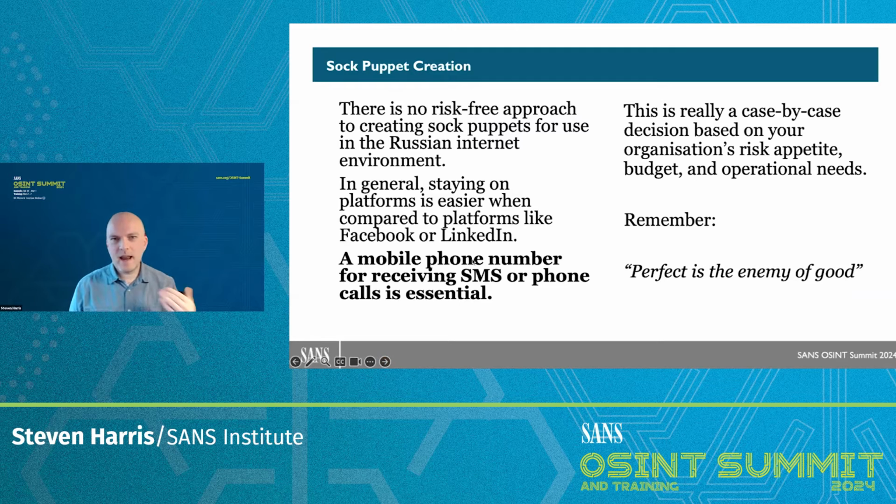So even if we can connect to the internet in Russia itself, we need to still think about some of the basics, like how do I get on social media platforms? How do I interact with different services? And one of the core things, one of the most basic things that we always need to do is to create our own sock puppets. And sock puppet creation, again, is widely discussed. It's a really interesting topic,